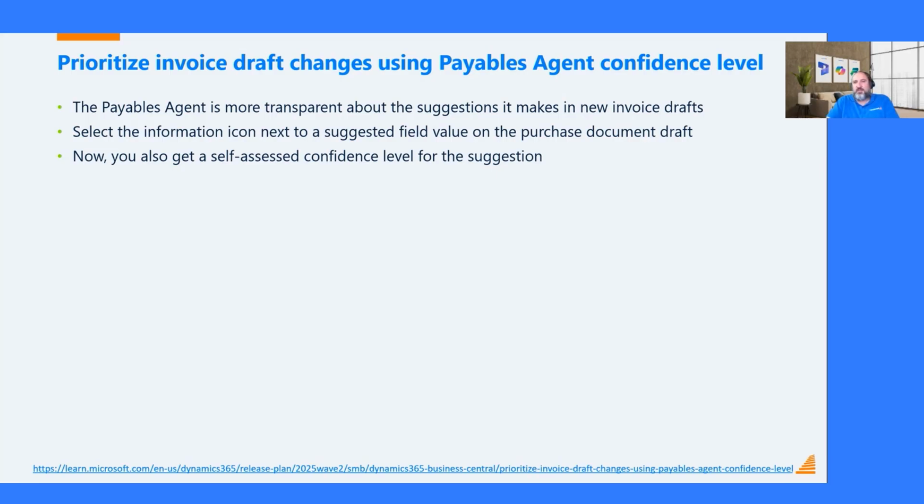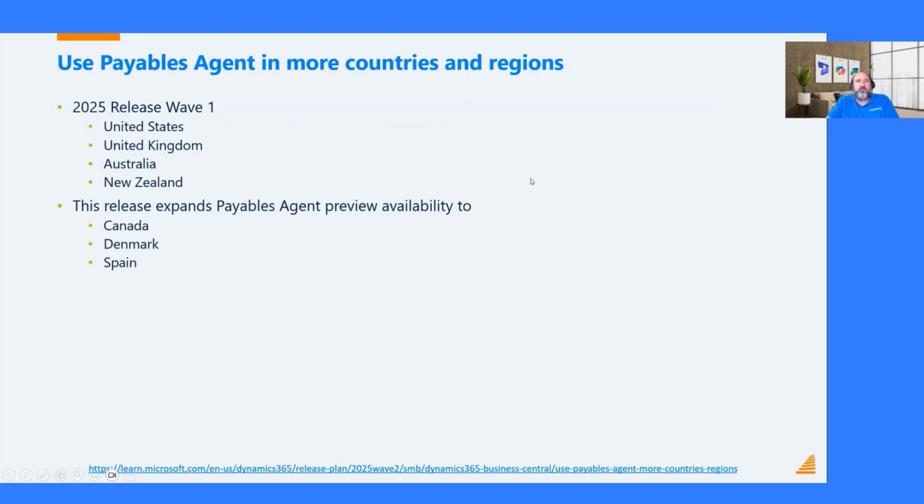You could probably just accept the suggestion that it's made, but if it's like 10% sure, you might want to investigate that specific suggestion that the agent has actually made for you in more detail. So in that little I, it'll now give you a confidence level, helping you along. The Payables Agent is now available in Canada, Denmark, and Spain as well